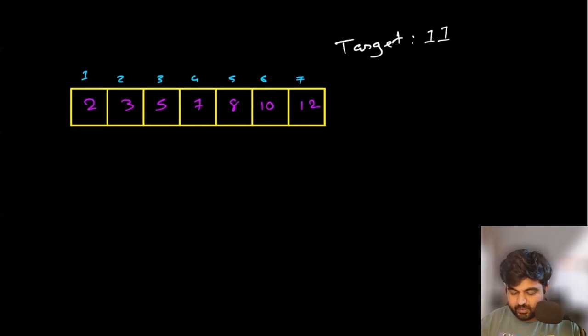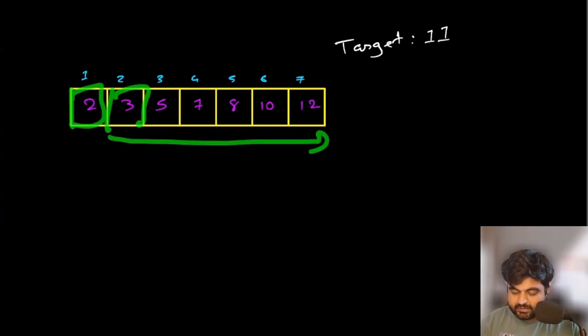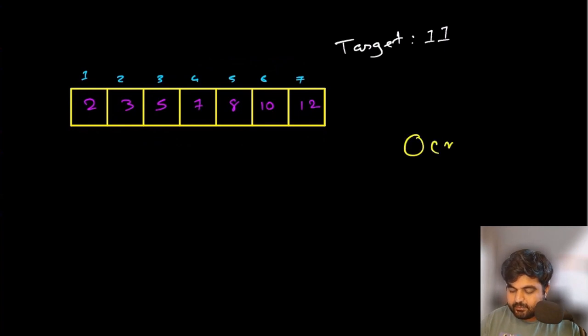So the brute force solution gives us the desired answer, but the thing is the cost is pretty high. Why? Because for every single element, we are essentially iterating over all the other remaining elements to get the answer, and that puts the time complexity at big O of n square. That is a very bad time complexity, and we have to aspire to do something better. So let's see what could be the better approach.